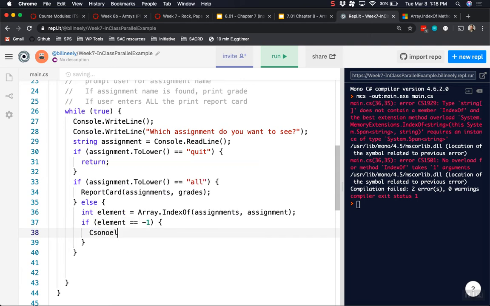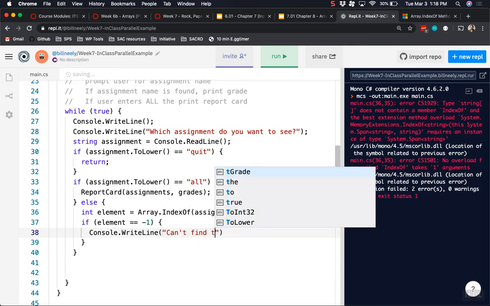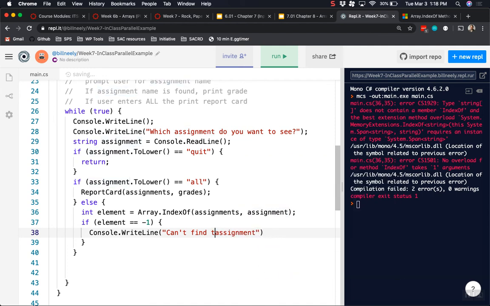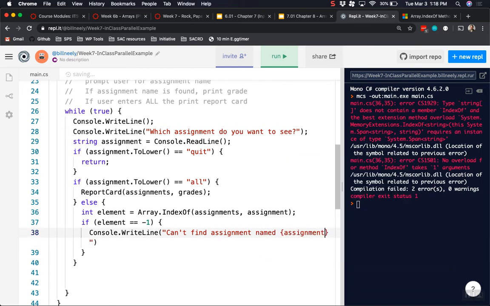So my output needs to be Console.WriteLine, can't find assignment named assignment. Let's put my interpolation character there. Otherwise, I'm going to say